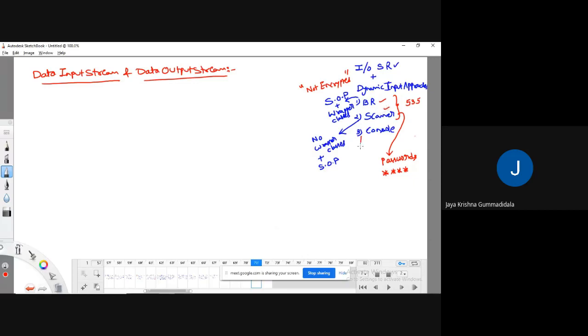But coming to the third method, through console, if you take input, we'll have the encryption feature, meaning that there is one particular method, the readPassword method.